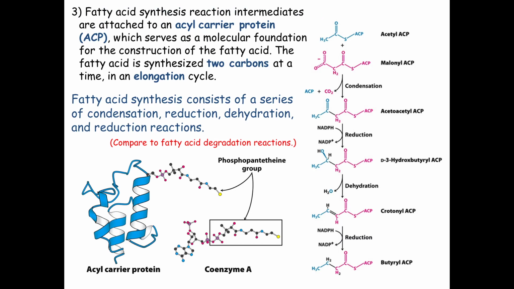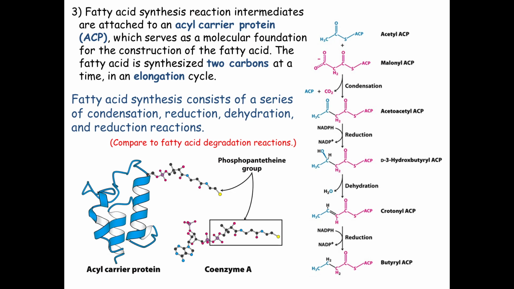Okay. What I didn't show between the last slide and this one, it's mentioned in step 3 up here, but I didn't show a picture of it, is this malonyl-CoA we just made is still on CoA. So CoA is pictured at the bottom here. You've got the adenosine group over here, a couple of phosphates, another phosphate, the pantothenic acid, and then that's that sulfur, the business end of it, which you learned was made from a cysteine. So this SH at the end of it is the business end of CoA, and that's how all our acyl